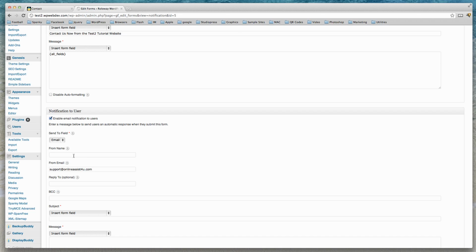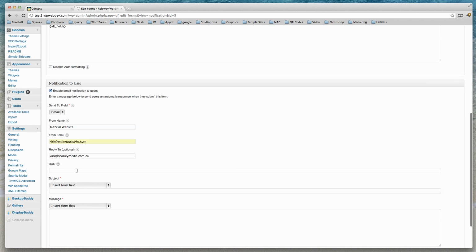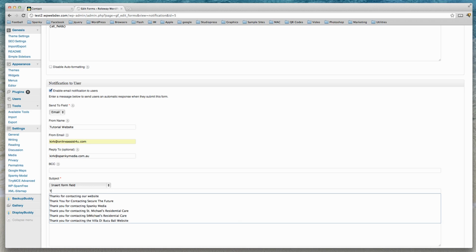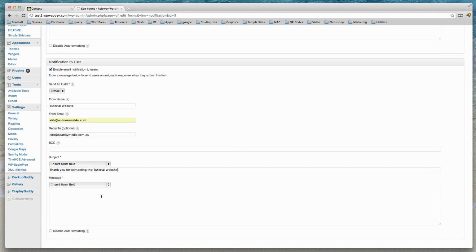So I can put here a name so they know where the form has come from. I can put my email address so they know where to reply to. Same here. Blind copy, same thing. We can send a copy to somewhere. Insert form fields. So normally I would put something like this, so they know in the title where the email is coming from, and